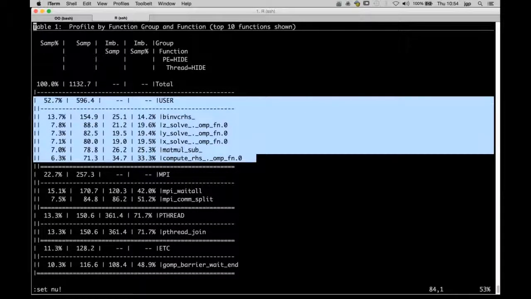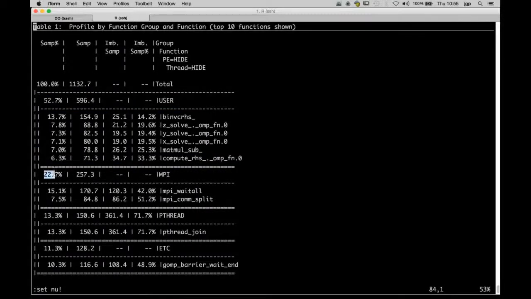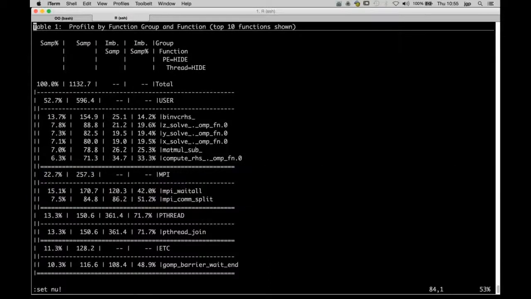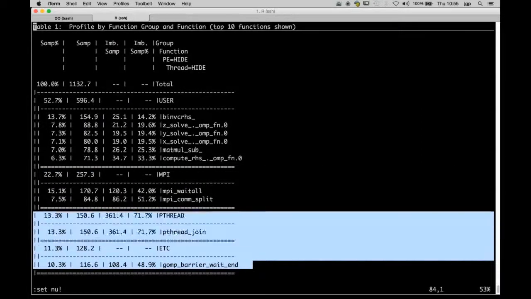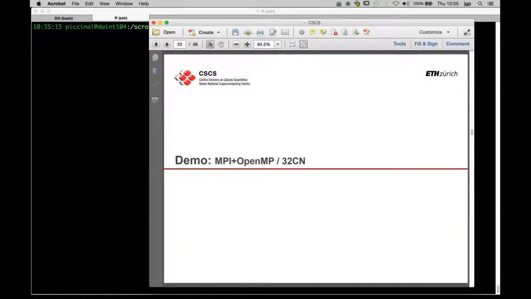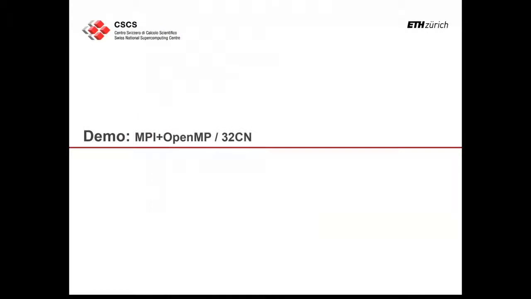That's the user time. So in that case, I spent a little bit more than 50% of the total time doing computation. Then I spent 22% time doing communication, and then most of the rest of the time was spent in OpenMP. Okay, so I will go back to my presentation.